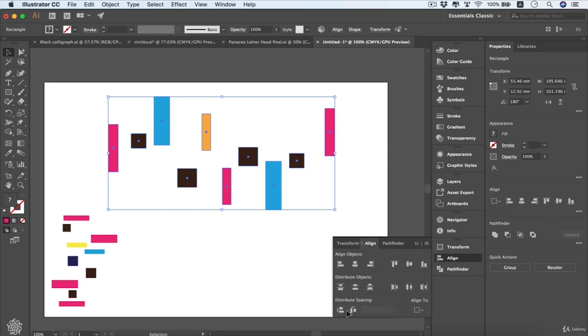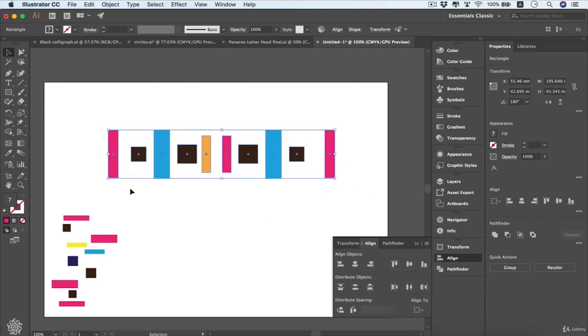And that part for distributing spaces between the elements, we're going to be talking about that now. And if you don't see that part, you can show it from here. Click on that menu, you're going to be seeing Show Options in here. So anyway, now we need to make all these elements on the same horizontal line. We're going to be selecting that one and we're going to be having all these elements on the same line,